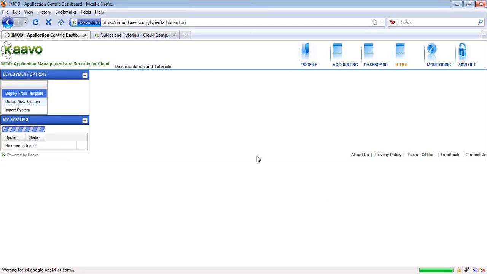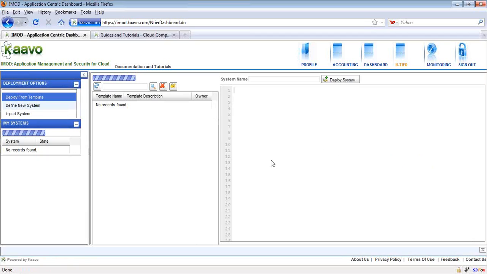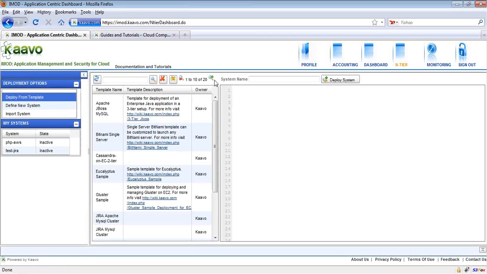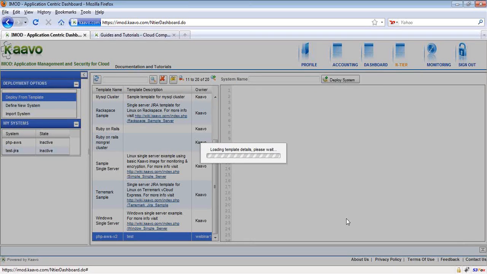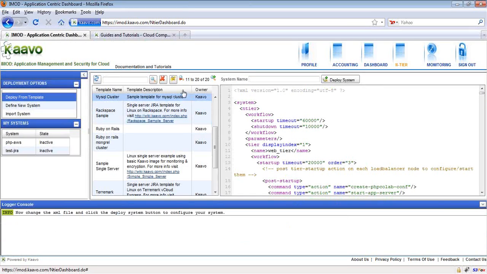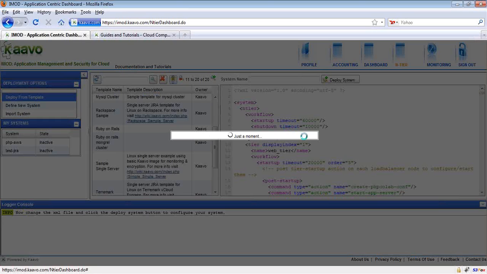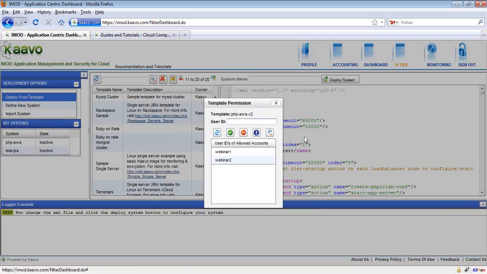Now let me see how to revoke a permission. Select the template and bring up this manage permissions form. Now there are 2 allowed user IDs to this template, webinar 1 and webinar 2.